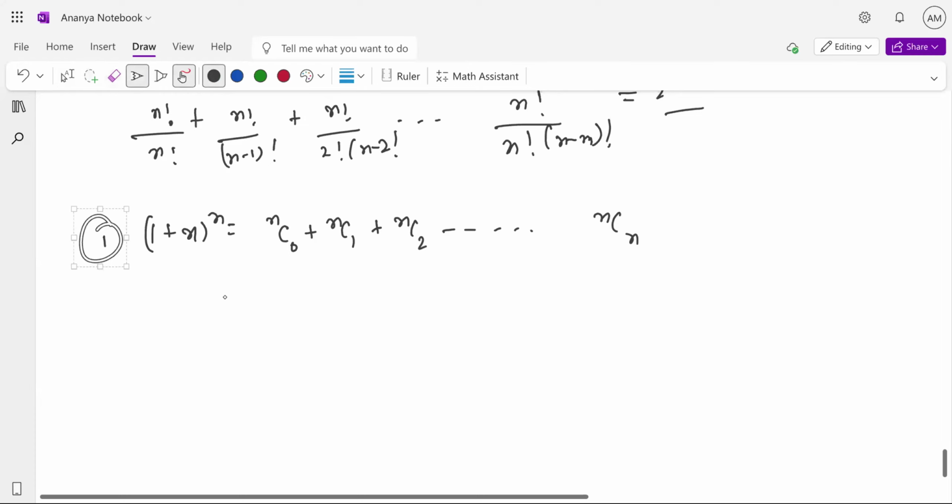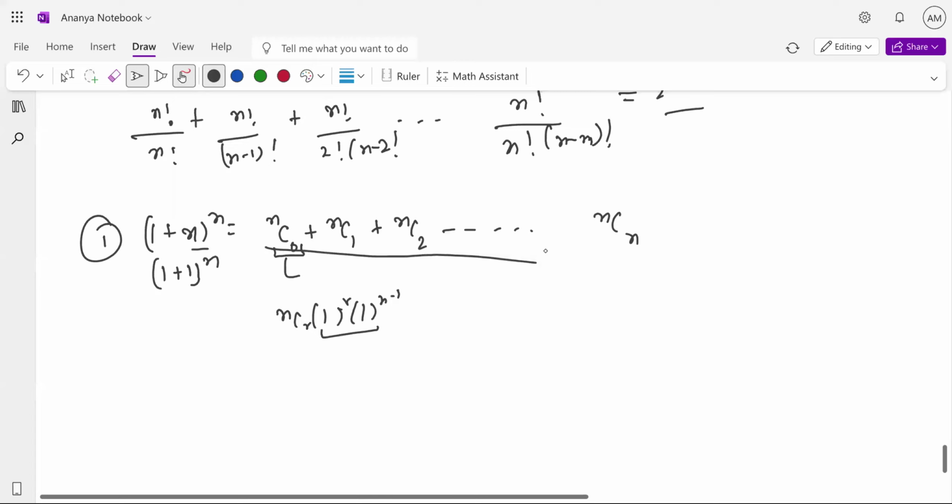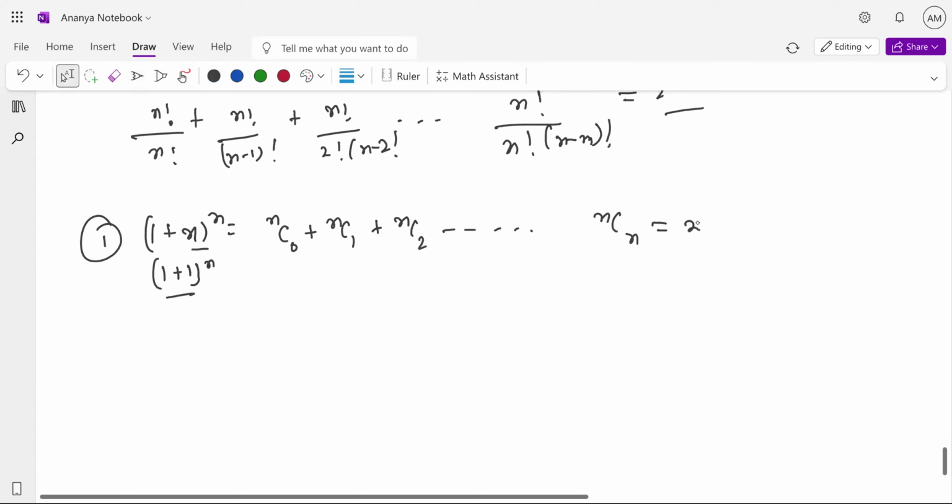If you put x equals 1, I'll be having (1 plus 1) to the power n. Here the expression would be nCr times 1 to the power r times 1 to the power n minus r, so it doesn't make sense, right? So I have directly written it like this. Did you get your answer? Yeah, I understood, sir. 1 plus 1 to the power n, so 2 to the power n. Very simple derivation. Got it, sir. Clear?